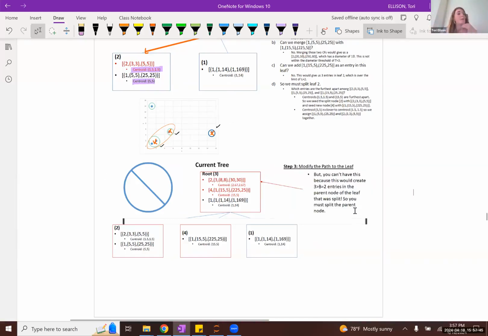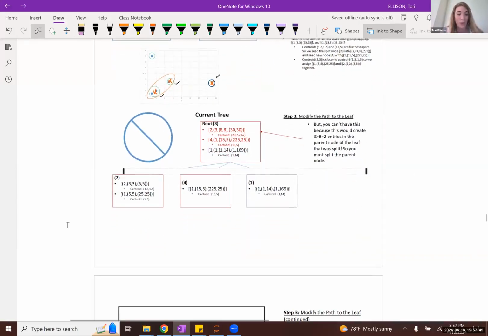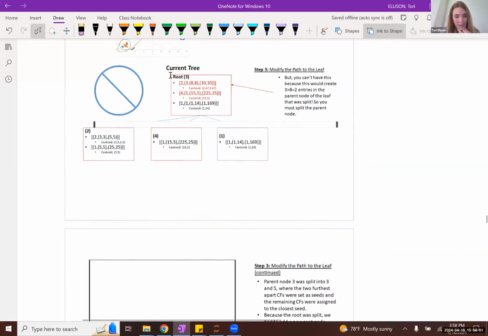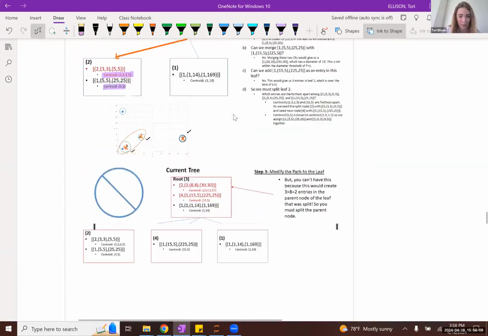So if the creation of leaf node entries results in a non-leaf node with too many entries, we need to take this non-leaf node and also split it into two. And we split it using the same procedure.